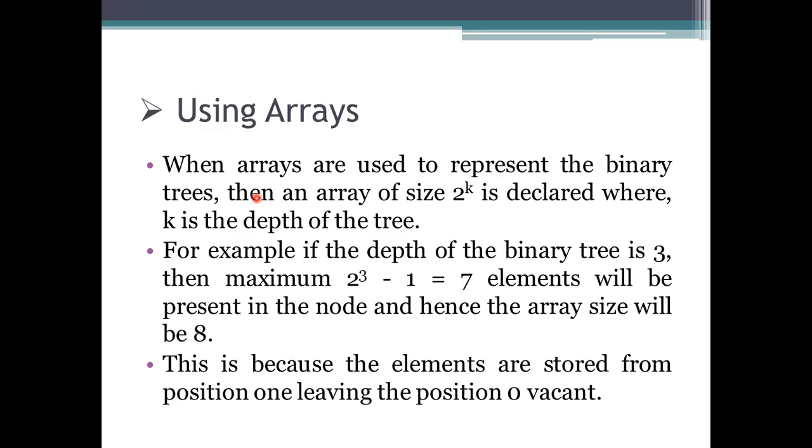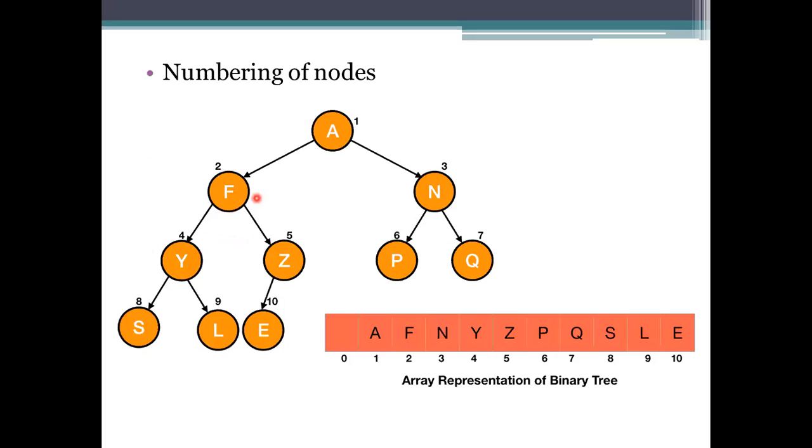If it is using arrays, we need to start the processing. Here the array size is declared as 8, so the level or depth will be taken as 2 to the power of 3. And the elements to be stored are 2 to the power of 3 minus 1, that is 7 here, because the elements you are using will start from 1. If you remember, we have been using the formula that consists of the 2i and the 2i plus 1 elements here. The root node will start from 1 only.